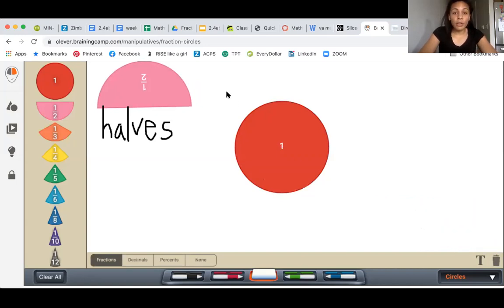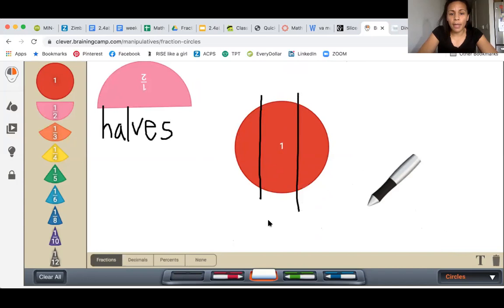Awesome. Now, let's say I want to split this circle, or partition my whole, into three equal parts. Let's try it. I'm not really sure how to partition it into three equal parts, so I'm going to try something and see how that works. Let's do this. Straight lines this way. Now, I did make three parts. Are they equal? No, they are not equal. So that's not going to work. So I need to try it a different way.